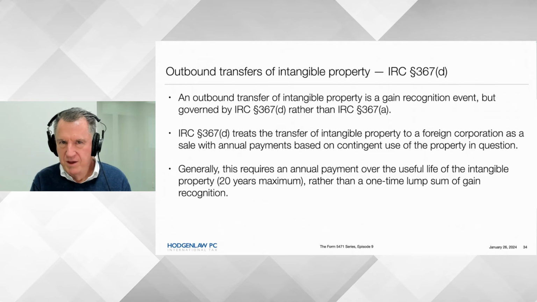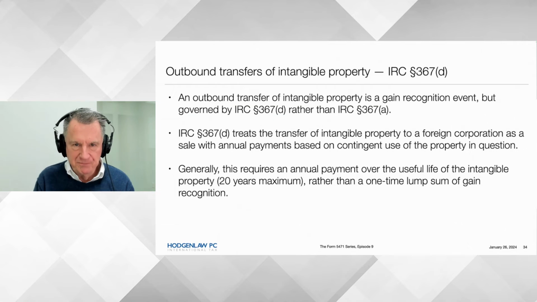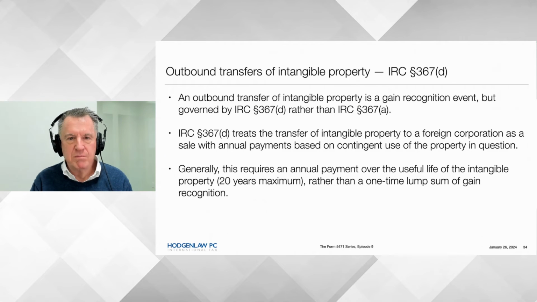but instead of a lump sum at the moment of the transfer, it's going to be a deemed payment over the lifetime of that intangible property. So if you are transferring a patent with 10 years to run, then there's going to be some deemed payments over the next 10 years, computed as a function of usage. And you're going to have income for each of the 10 years. There's a maximum cap of 20 years. So if you have an asset that doesn't have a defined life, like a trademark, which could run on forever, then it'll be a 20-year payout. So same result, taxable, but just a different payment structure. Instead of a lump sum, spread it out.